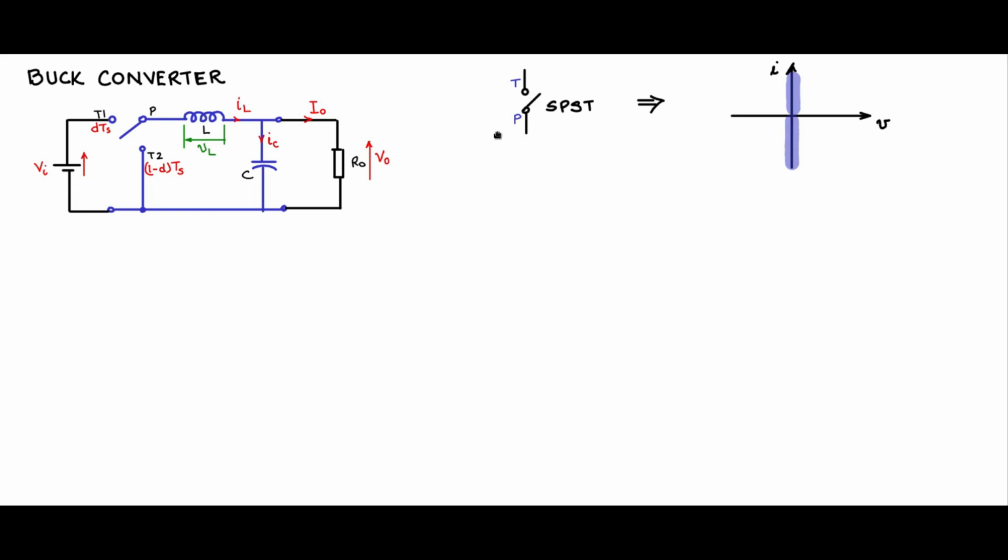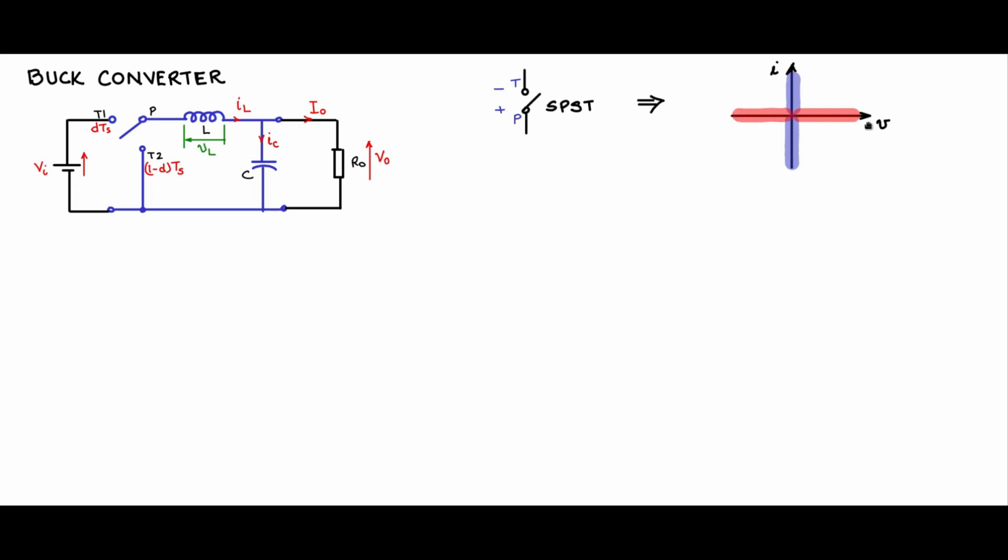Now coming to the voltage, can throw to pole support a voltage with throw as positive and pole as negative? When the switch is off, can the voltage that needs to be supported by the switch be positive like this, throw positive, pole negative? Yes, in this case this is possible. Therefore these are possible operating points. Likewise, we can also find out whether the switch can sustain voltage in the negative direction. Yes, so this also becomes an operating point.